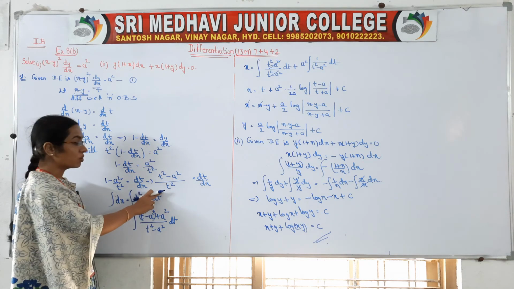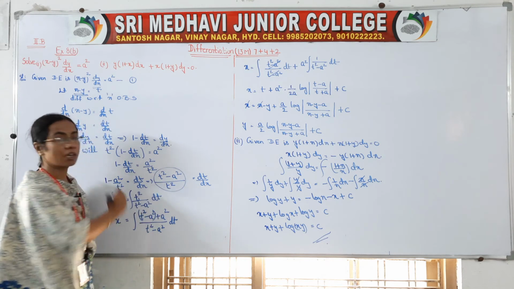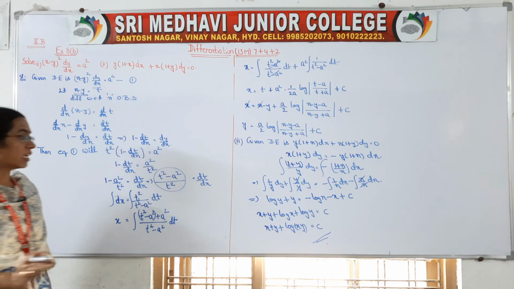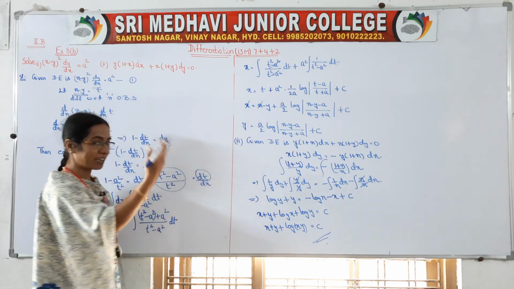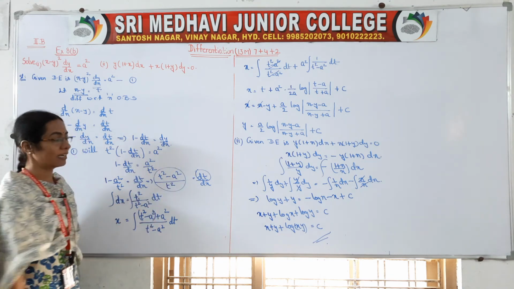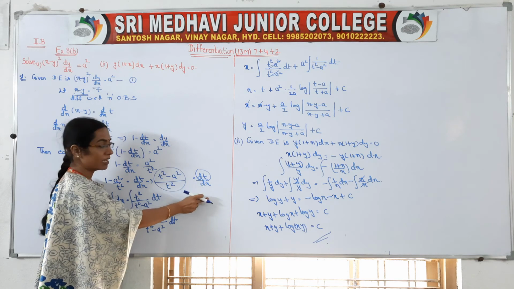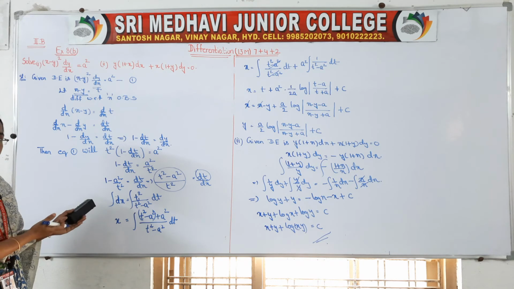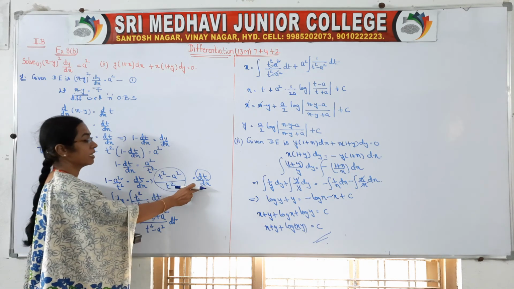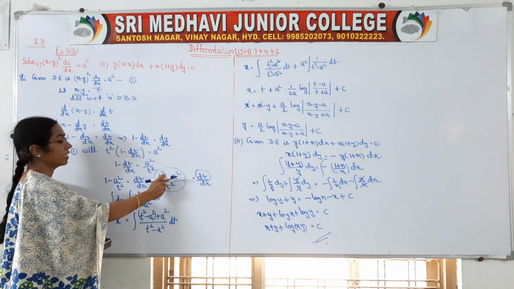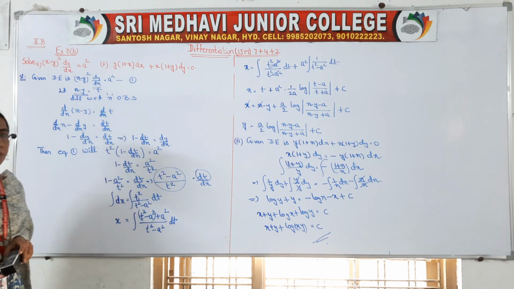Okay. So now if you observe, all terms are in terms of t. So t term should come along with dt, where dt is the other side, right side. So we have to send all these terms to that side and bring this divided by dx should come. That means if all the terms, t terms are that side, means x term should be this side. So bring this dx to this side. Okay. So then you will have t square minus a square by t square will be there. If you send that side, it will reverse.